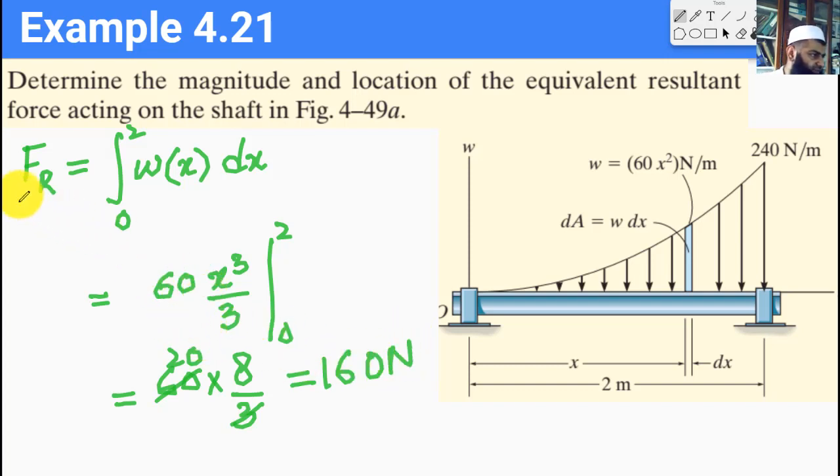So the first step was again to find the resultant force, which we have already done, but now we want to find the location of that force, where this force should be applied so that this produces the same effects as all of this loading. Okay, so now that we have the result for the resultant force, let me just write it on top here, and then we will rub that off. Okay, so we have that result, and let's get rid of this.